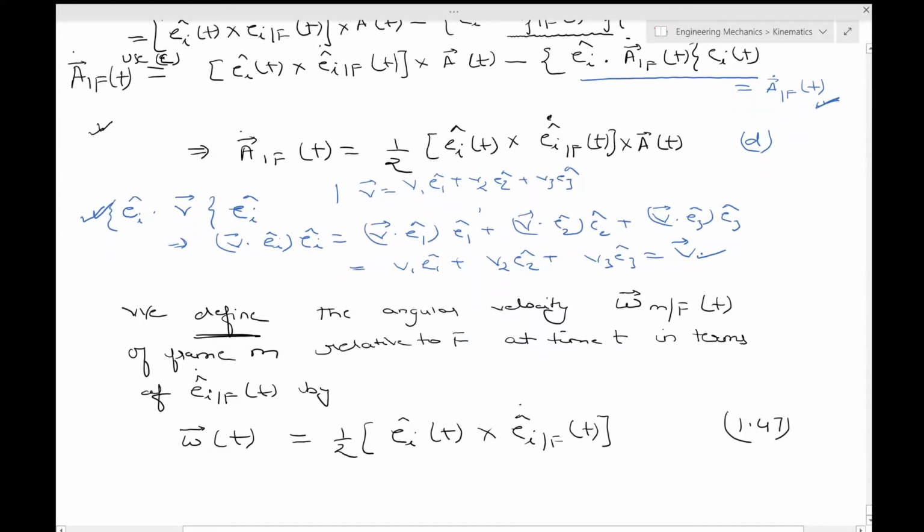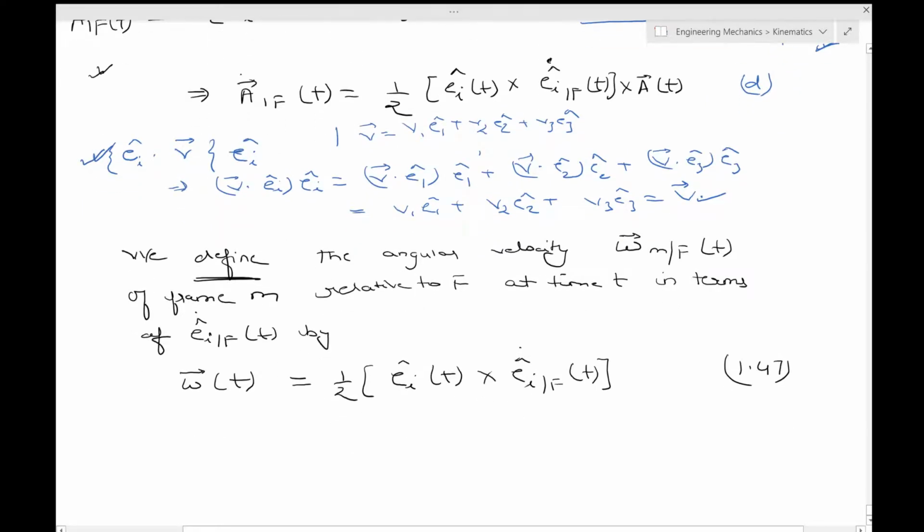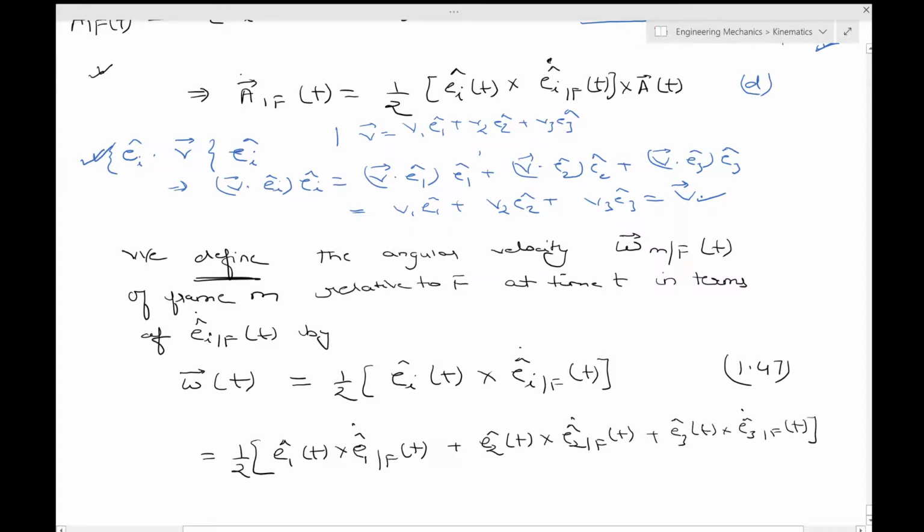and you know what this means in the expanded form. This would mean that it is e1 hat of t cross e1 hat dot f with respect to time, plus e2 hat of t cross e2 hat dot f, plus e3 hat of t cross e3 hat dot f of t. Okay,